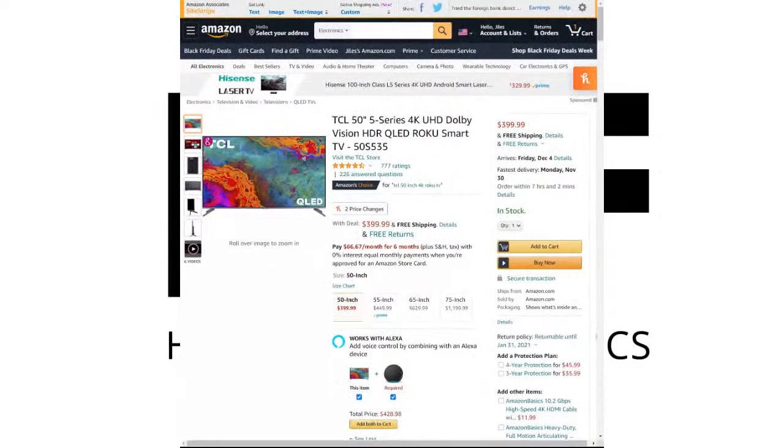And the first one is the TCL 50-inch 5 Series 4K UHD Dolby Vision HDR QLED Roku Smart TV, the 50S535. That was pretty good, man. I like the way I did that. And this bad boy is coming up for just $300,